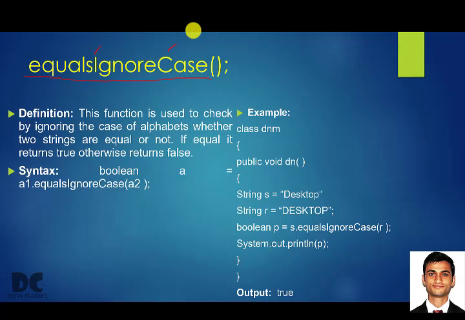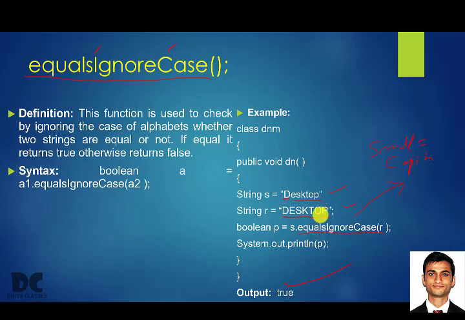Ignoring the case means, for example, in this one, here D is capital, the rest are all small, and here everything is capital. For Java, both are different. But you want to ignore that. You want to tell Java that it is fine if the letters are capital or small, but if the words are the same, it is the same. So here, if you use equalsIgnoreCase, it will not give false, but this time it will give true, because while using equalsIgnoreCase, Java makes small letters equal to capital letters.